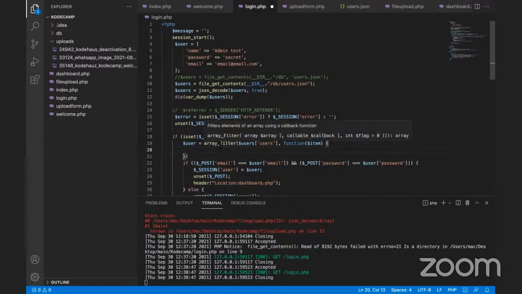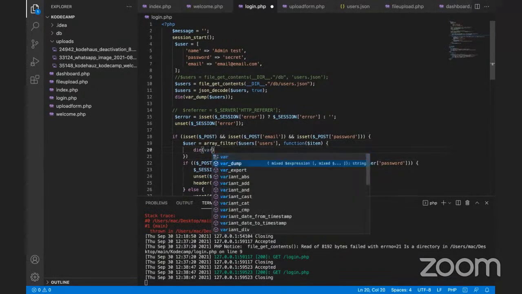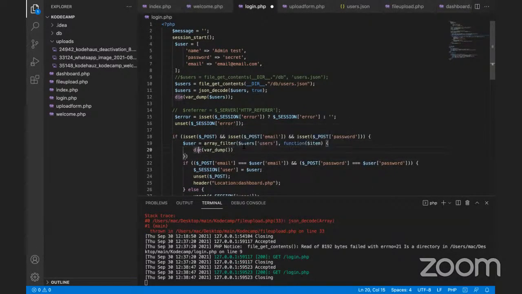So let's check what item is. So I have literally 10 minutes to round up. So yeah, so user equals